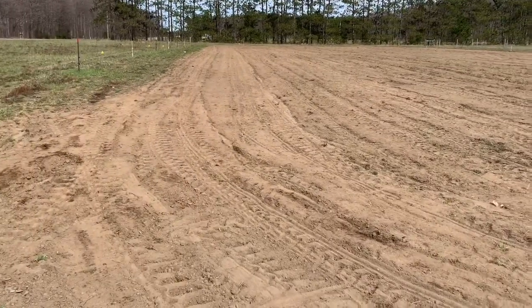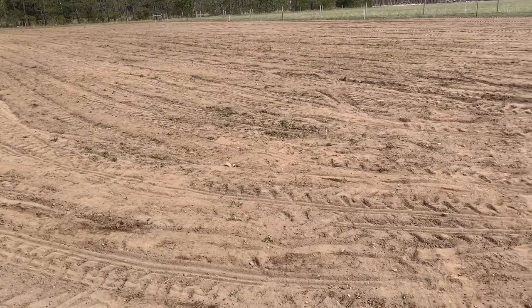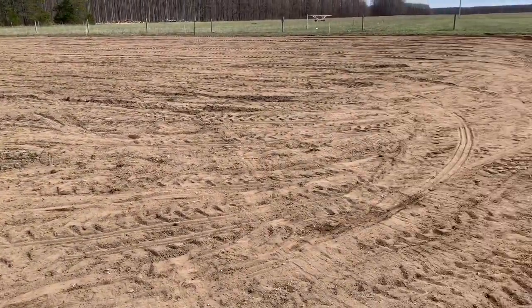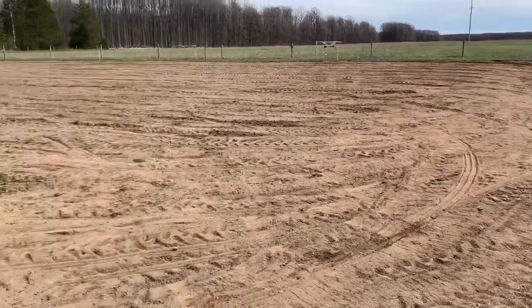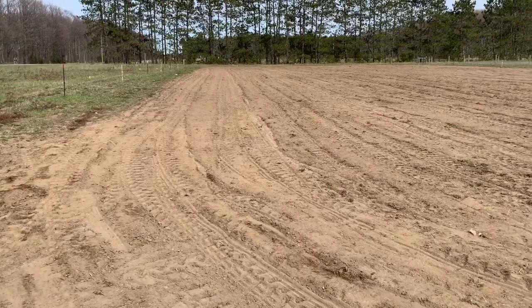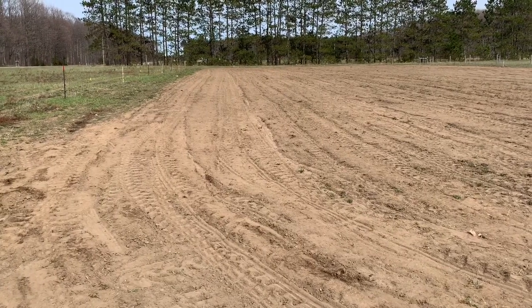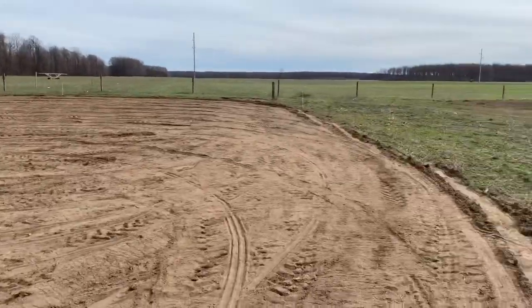Alrighty, so we got her packed. I think it did a pretty damn good job, if I don't say so myself. Pardon my language. But for a couple logs screwed together, some chain, did a pretty good job. So just to give you an idea